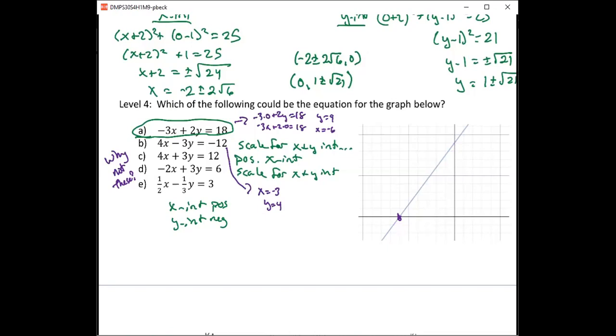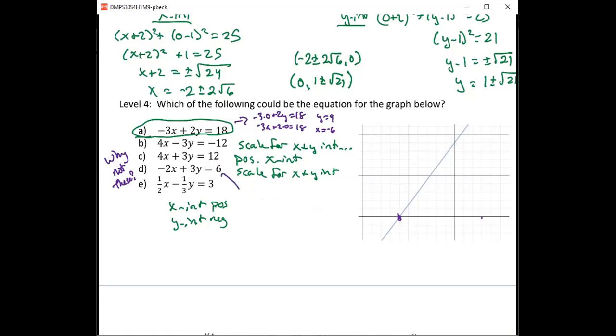For part C, why doesn't this work? Well, let me go ahead and erase this as well. So for part C, why doesn't this work? Our x-intercept is 3 and our y-intercept is 4. Hopefully you could see that what I'm doing is to find the x-intercept, I'm really just saying where does 4x equal 12? And then I say where does 3y equal 12? Now to have an x-intercept of 3, which would be over on the positive side, this does not have a positive x-axis. This only has a negative x-axis, so I know that that's not